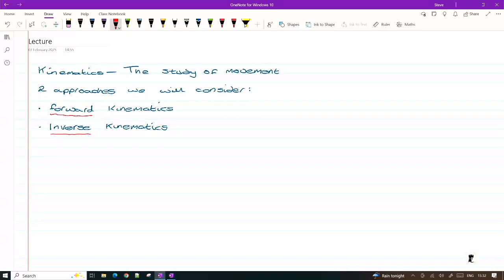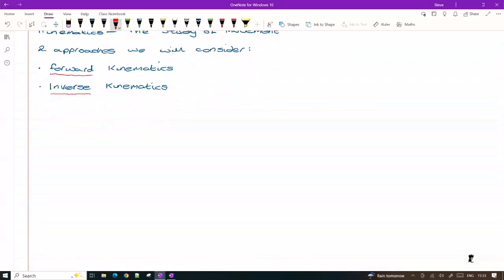But forward kinematics is we say, set your shoulder to a certain degree of revolution, say 45 degrees, and set your elbow to a certain revolution, say 45 degrees again, and then I can calculate where my hand is in space relative to whatever my fixed coordinate system is. So forward kinematics is,